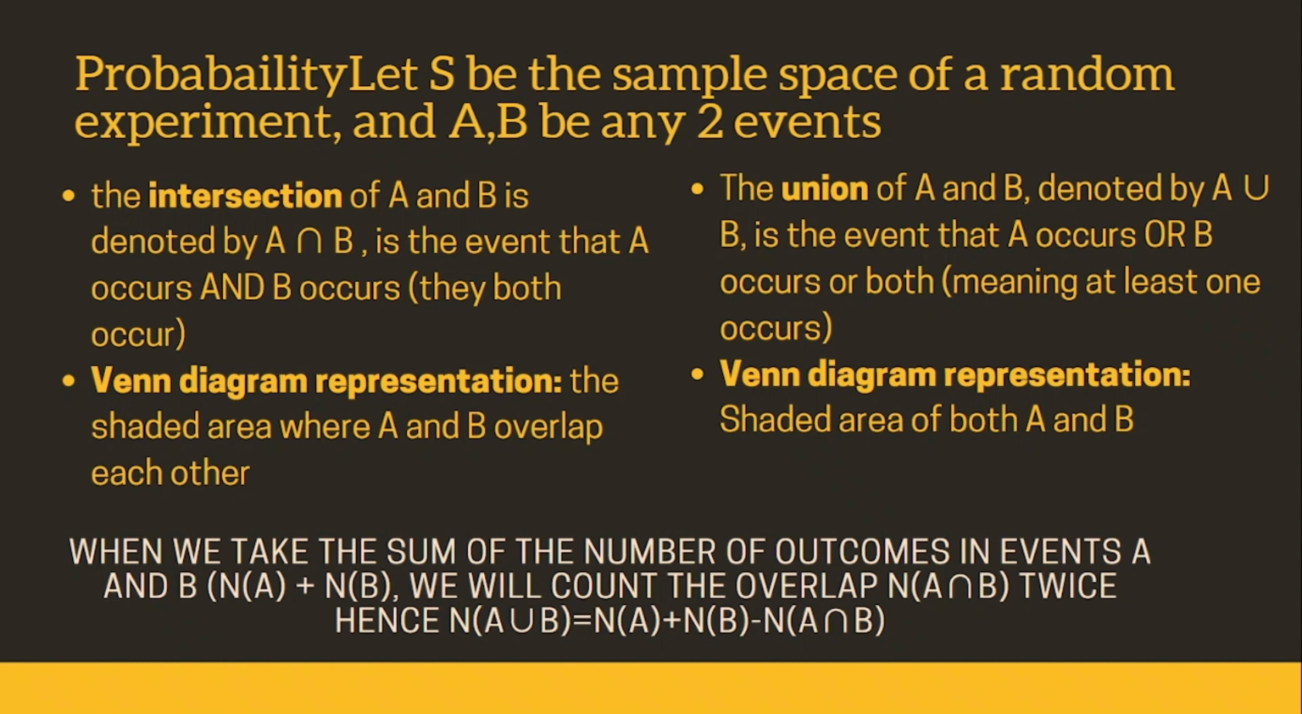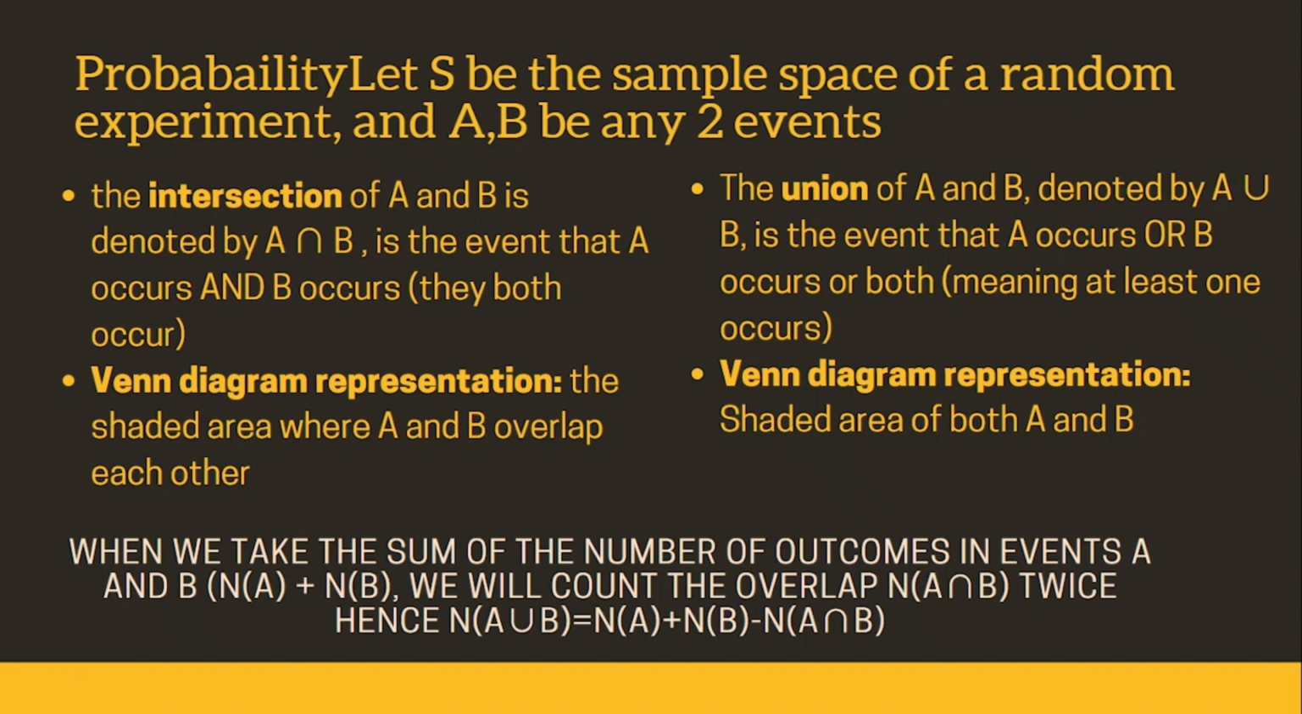So that's an intersection. In terms of a union, it just means that A can occur, B can occur, or both. But the idea is that at least one of them occurs. In terms of Venn diagram representation, an intersection is when the areas of A and B overlap each other. And the union of A and B is when the shaded areas of A and B